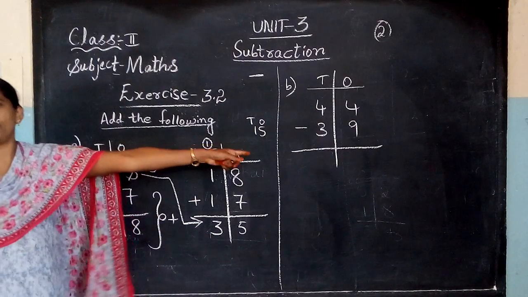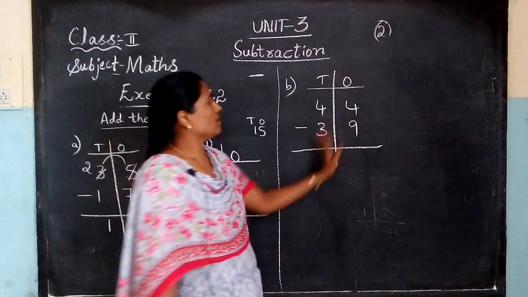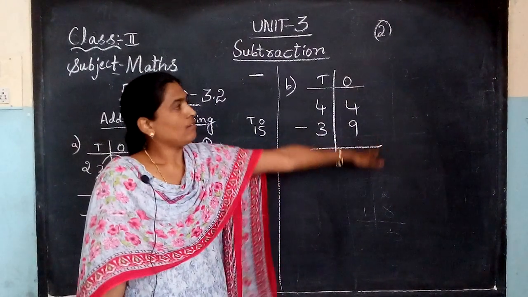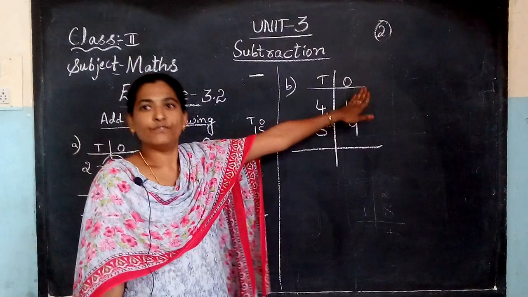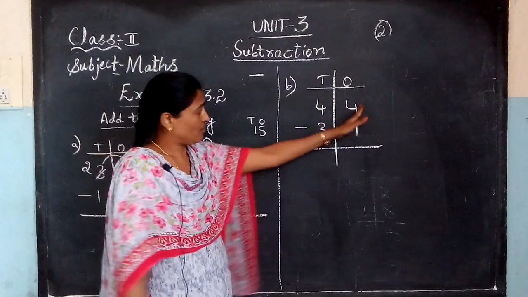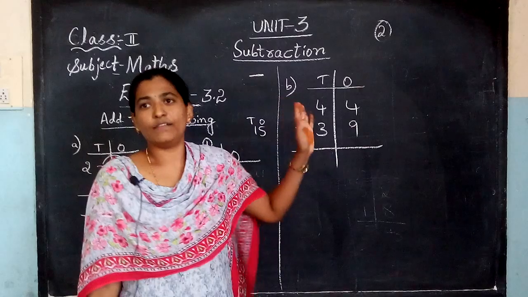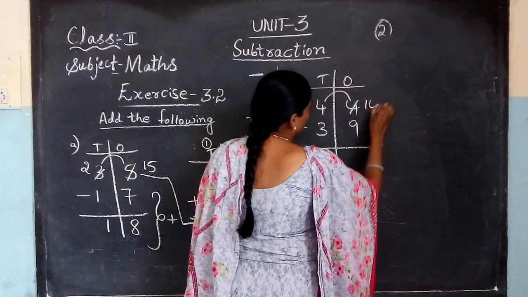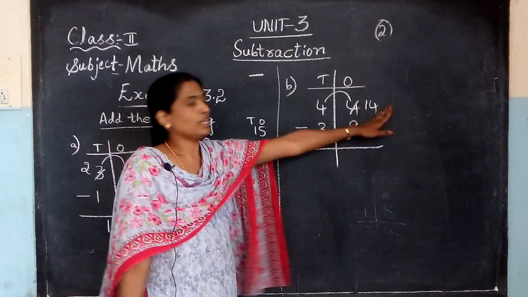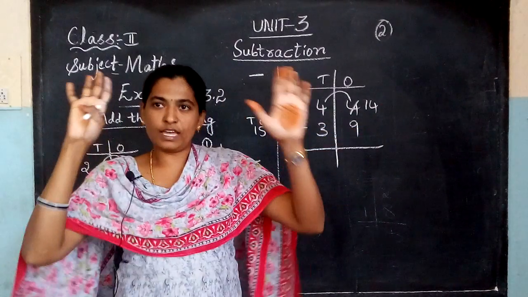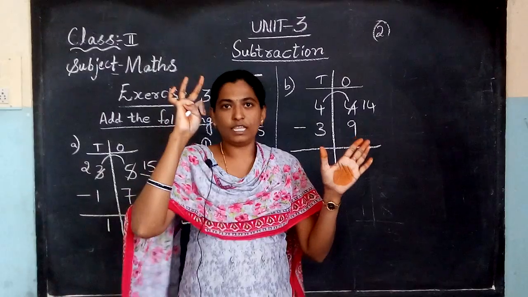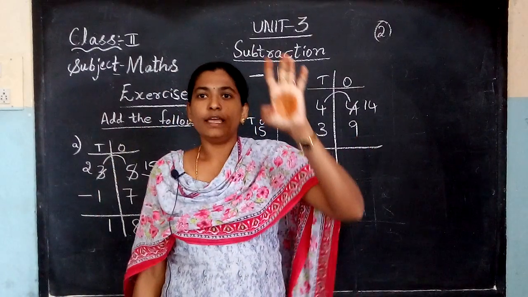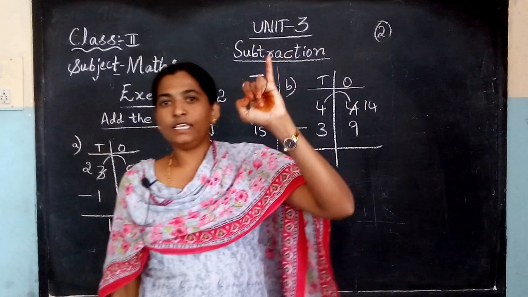Again one more I will explain. Listen carefully. Here also from a small number you cannot take away a big number. What is the small number in the ones column? 4. From 4 you cannot take away 9. Take borrow from the tens column. What did it become? 14. Yes. 14 in the mind, again 9 in your fingers. 14 before: 13, 12, 11, 10, 9, 8, 7, 6, 5.